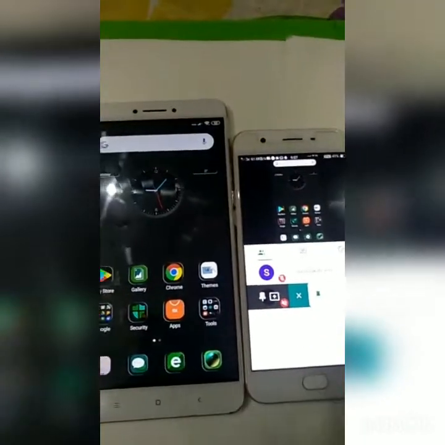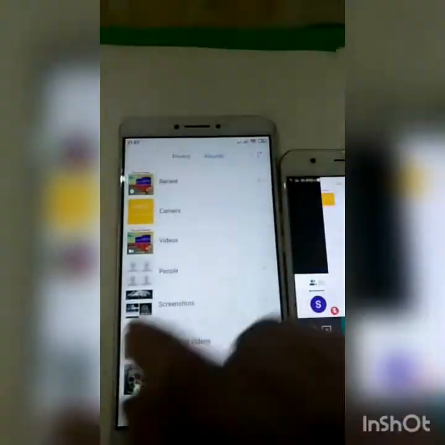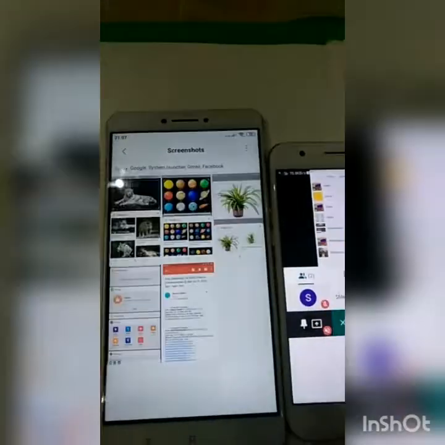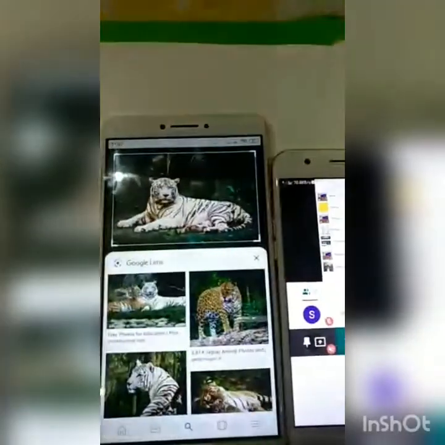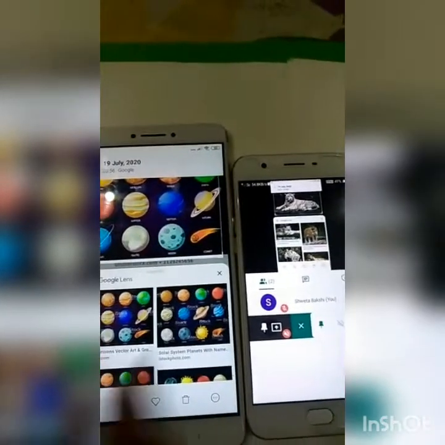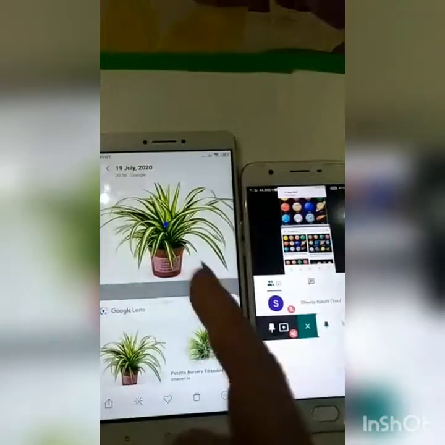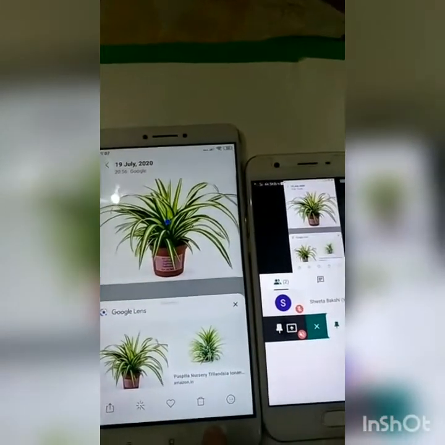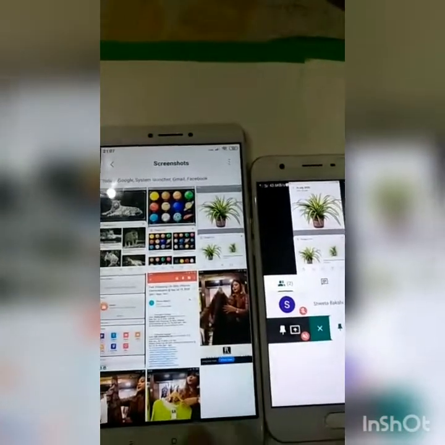If you want to show them pictures, you can go to your gallery. It should already be saved in your phone. So if you want to show anything related to your content, you can show them the pictures, talk to them, explain the things, and then carry on with the teaching. And if in case you have any PPT in your phone, you can even run that.